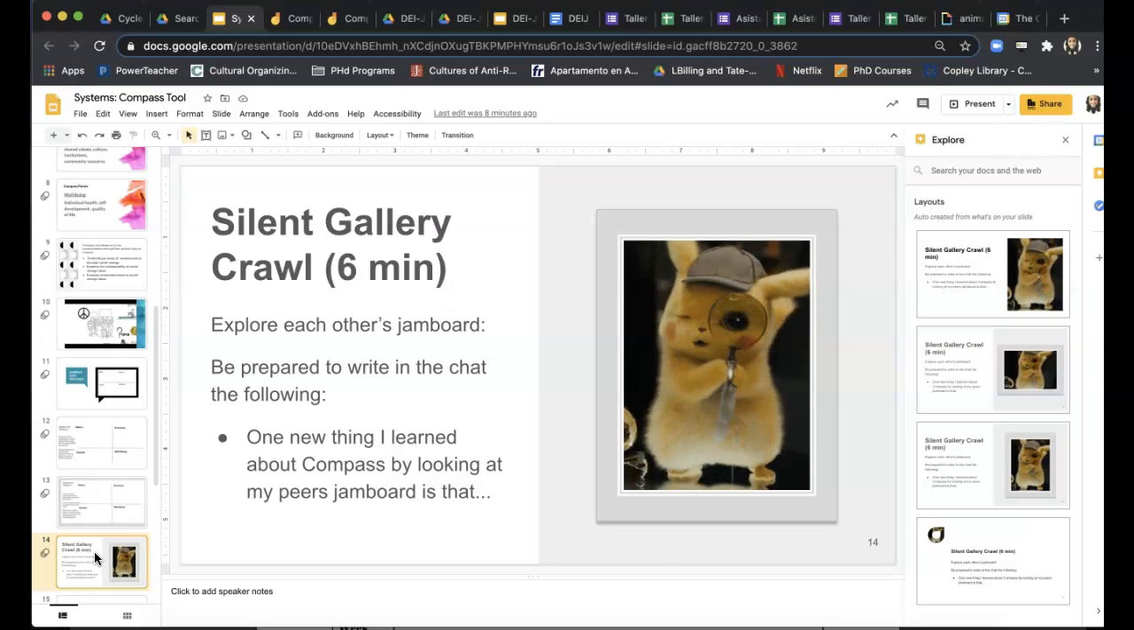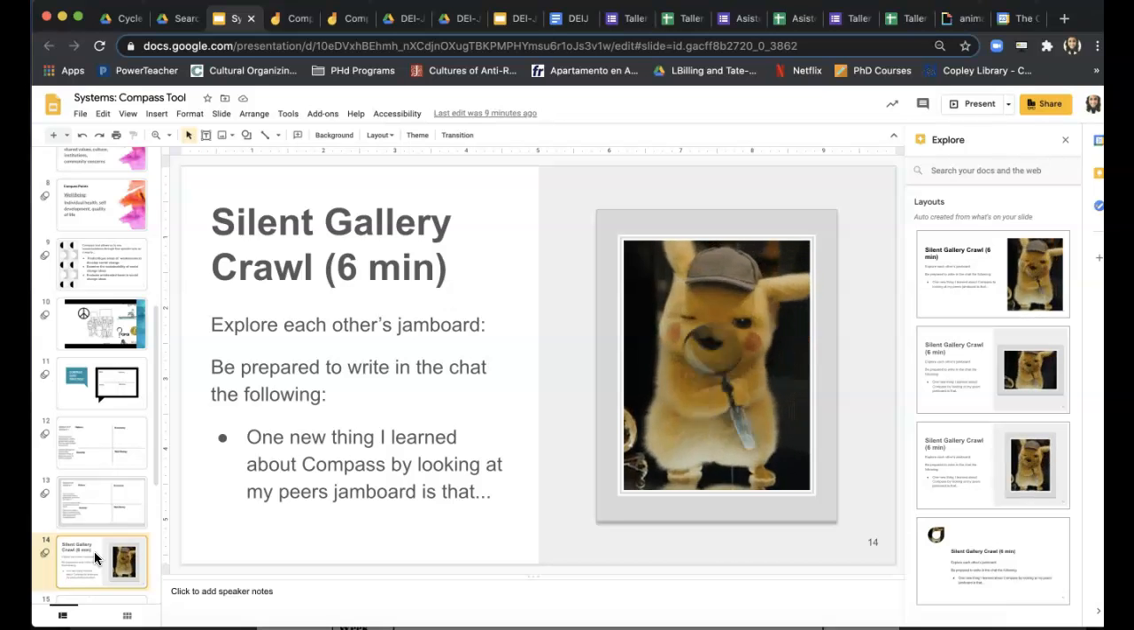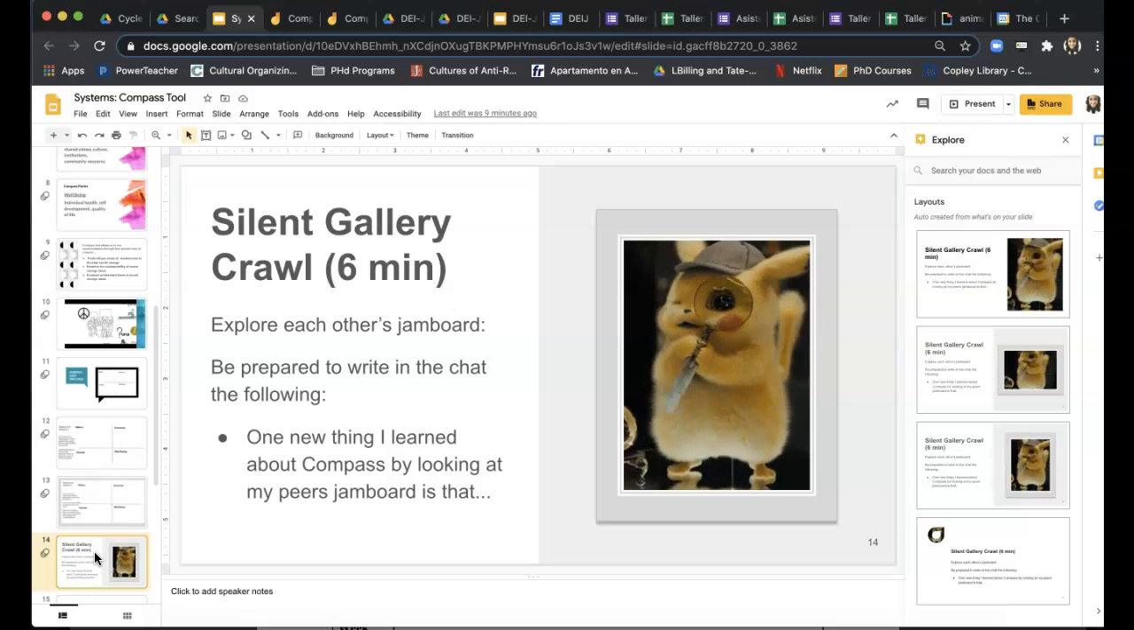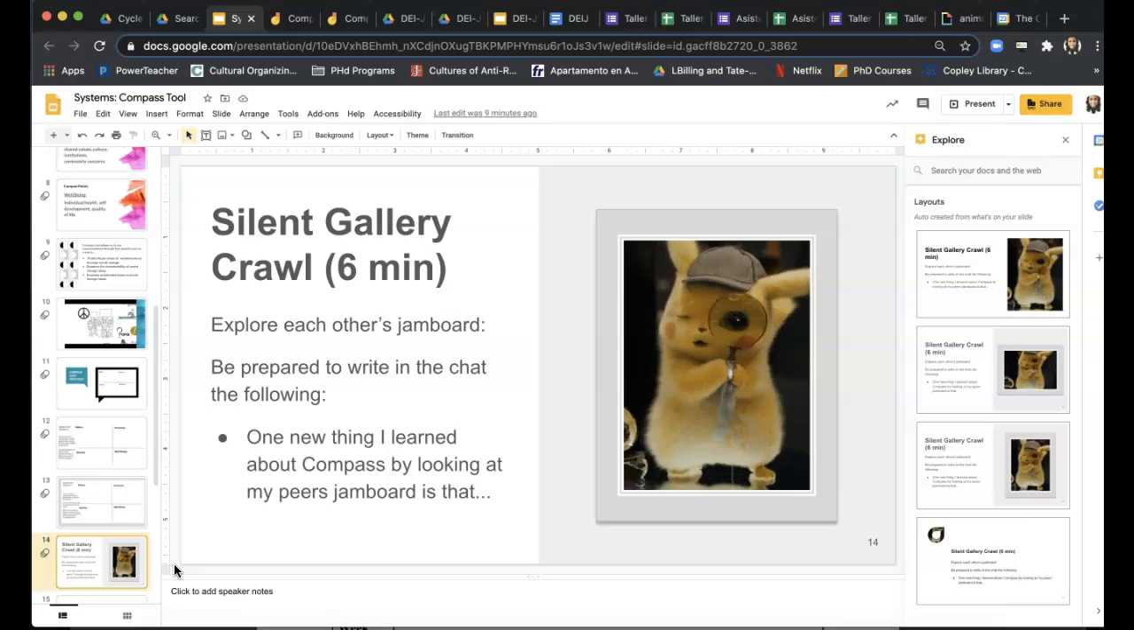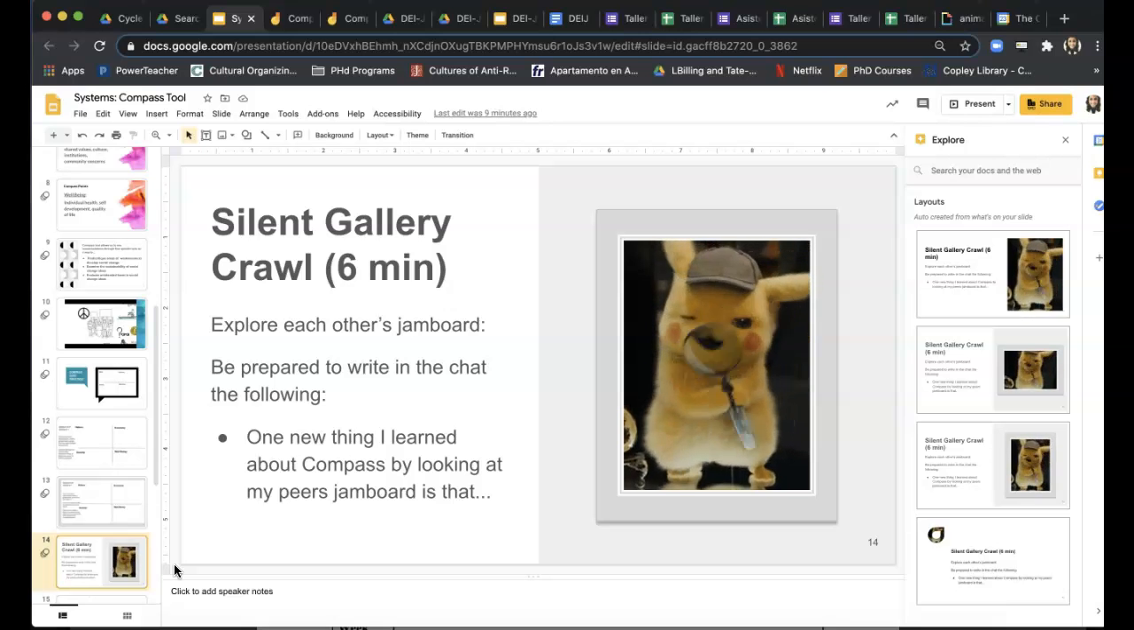I'll probably say, as you're looking through each other's Jamboards, you're going to ask yourself, what about Compass didn't make sense? And how did looking at another group's Jamboard help make it make sense? So you might say, something you might be thinking about is, I'm still not quite sure what well-being means. So that might be what you specifically look at, different people's examples of well-being. Or you might say, I'm still not getting society. And so think about what you might still need development on as you explore each other's Jamboards,